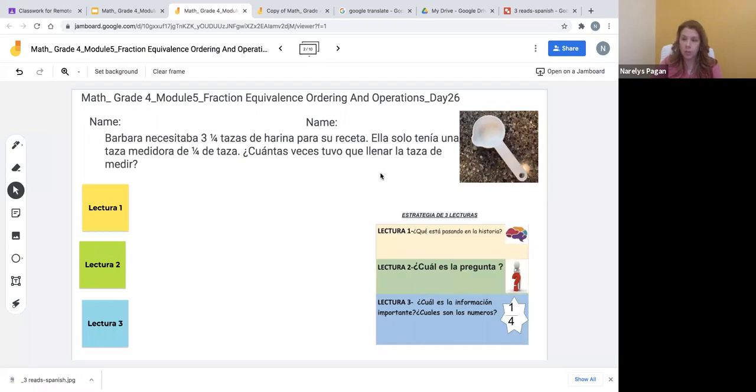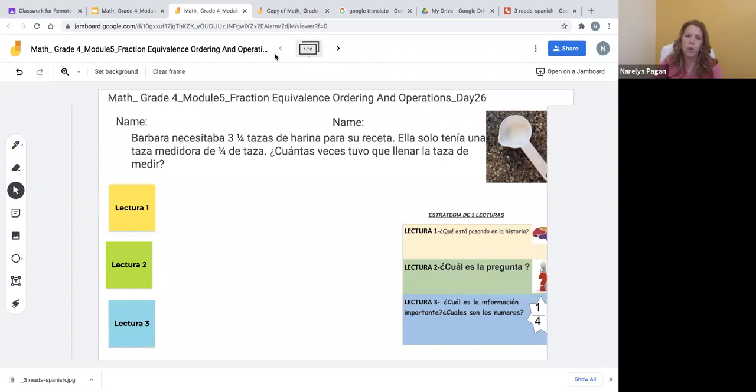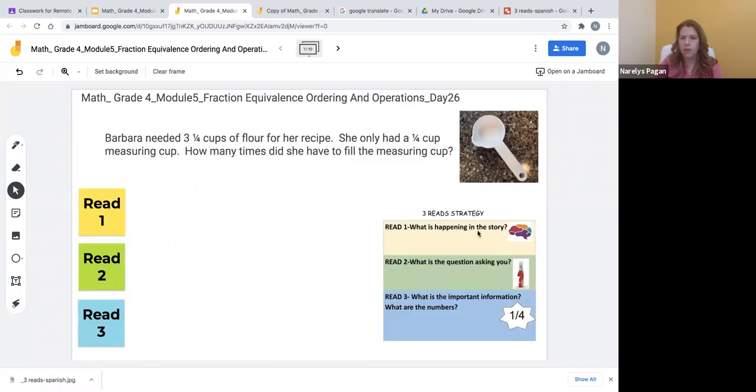In this Google Jamboard, there are several supports. First, there's a live image of a measuring cup. Also, here's the 3 reads in Spanish, and this slide is also in Spanish as a support tool for students that you may have where their home language is Spanish. This is slide 2. In slide 1, which is the English format, the 3 read strategy is placed with images